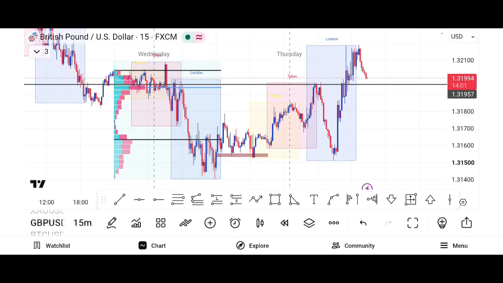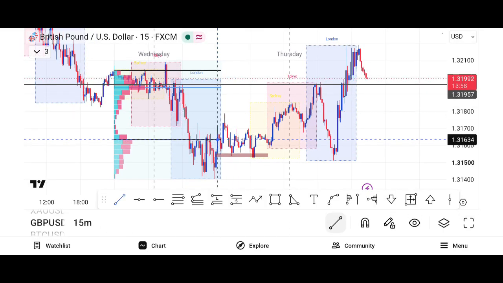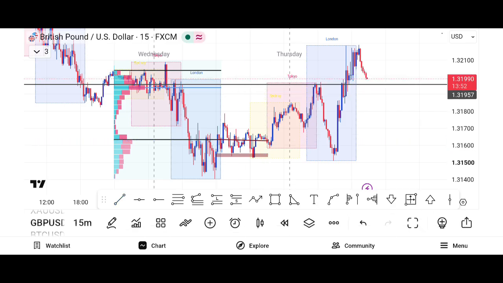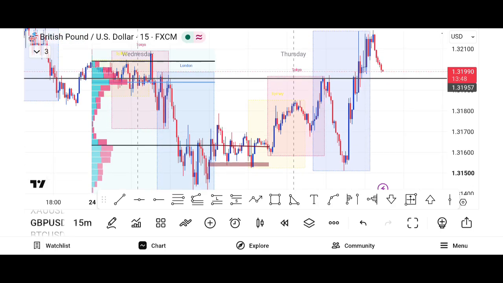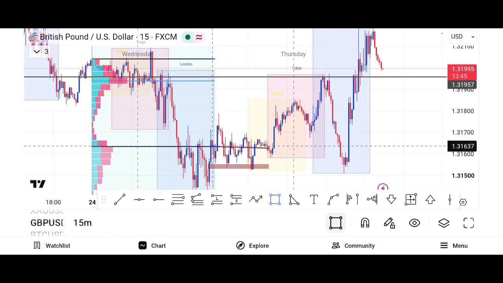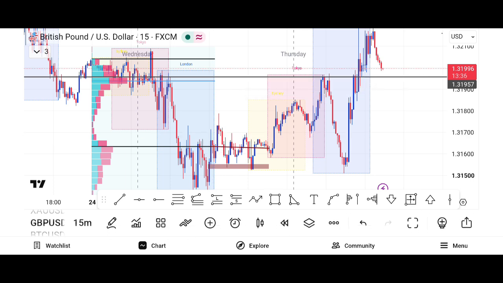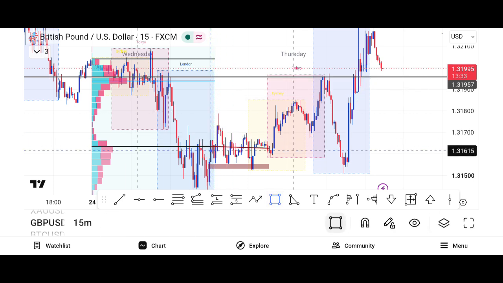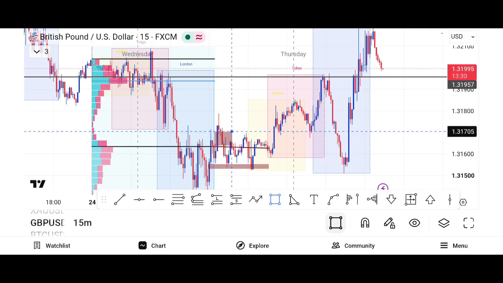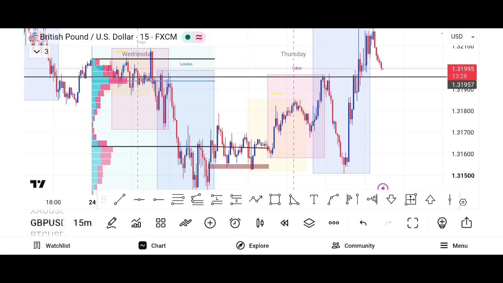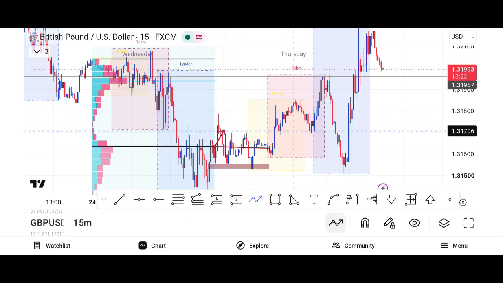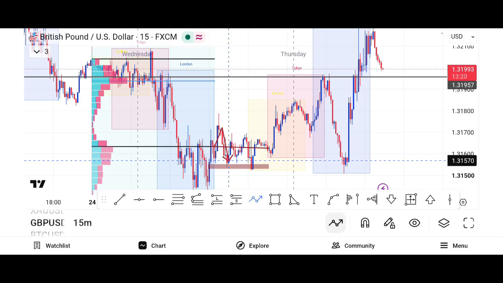If you have already watched my first video, we won't be having any issues on that. So I marked this level as my support. You know how support and resistance work. So the market came after finishing the London session. After finishing the London session, the market came back and it broke the level. After breaking this level right here, it went for the